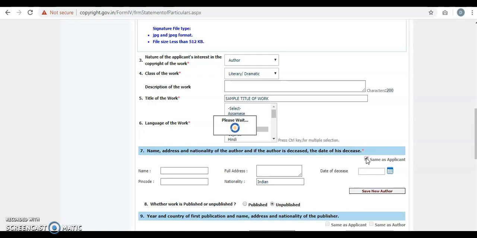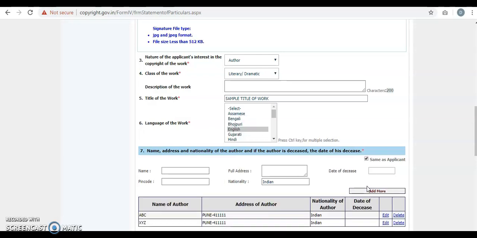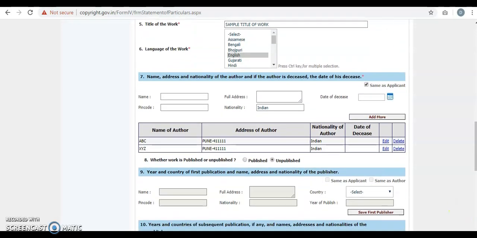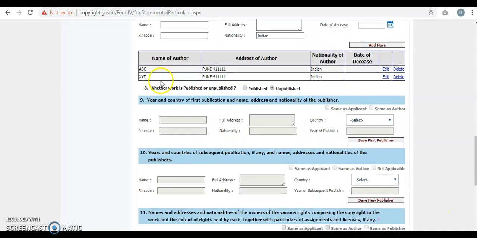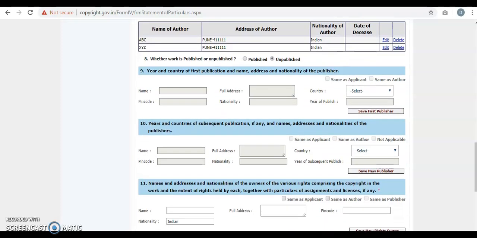Same as the applicant. It automatically comes here once you click on it. Next is whether the work is published or unpublished. I will click on unpublished. If you click on unpublished, all these things become disabled.